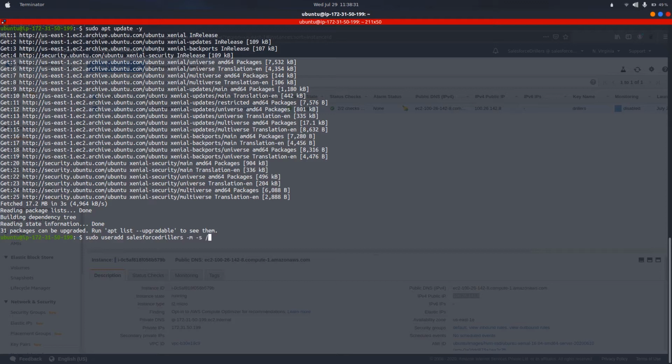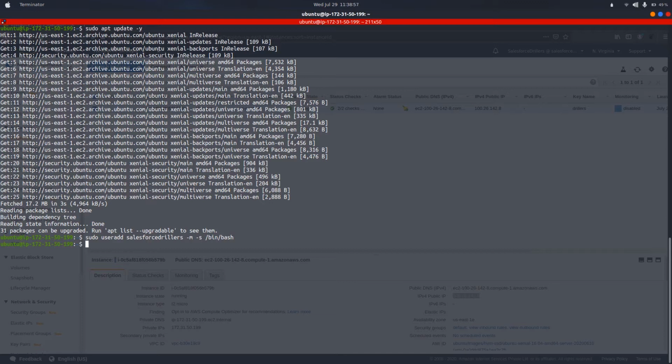What this will do is create a directory for this user. For example, right now if I do pwd, which means present working directory, it will show the directory /home/ubuntu. So if I add the user with the -m -s flags, it will create a directory for this particular user.